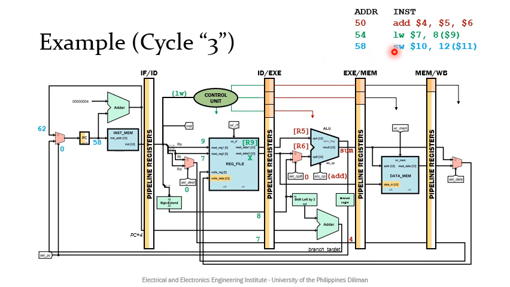The store word instruction also starts at the third clock cycle. The store word at address 58 is fetched and fed into the IF/ID pipeline register, and the PC is fed with the value of PC plus 4, which is 62. This value 62 is also passed to the pipeline register since the pipeline data path is not yet sure if this instruction is a branch or not.